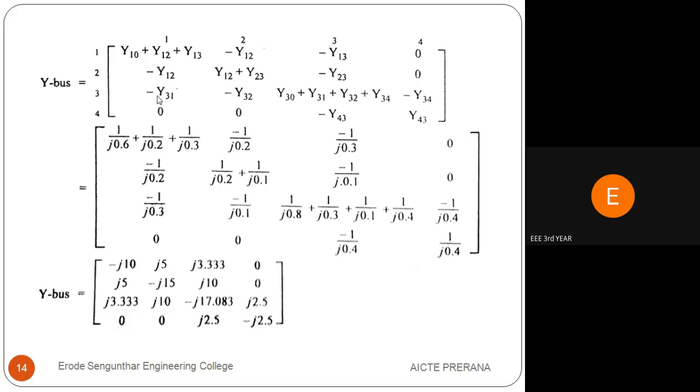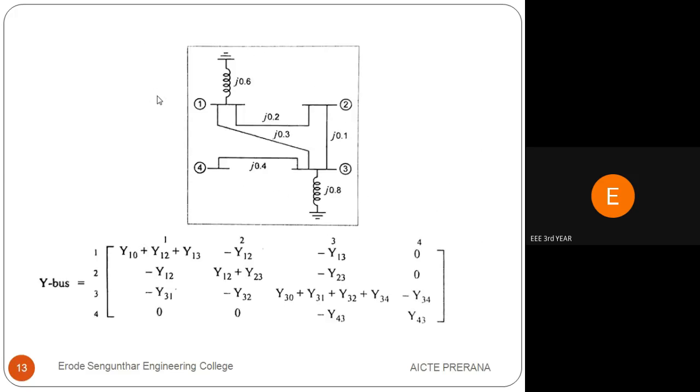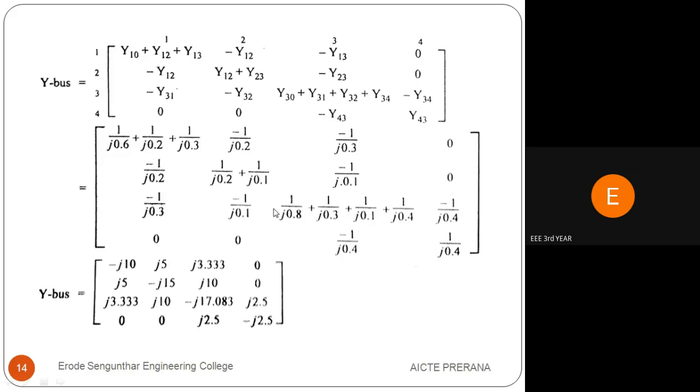Minus Y32 value is minus 1 by j0.1, and Y30. Okay, consider Y30 value is j0.8. So substitute that: 1 by j0.8 plus 1 by j0.3 plus 1 by j0.1 plus 1 by j0.4, and Y34 value is 1 by j0.8. By this we have to fill the matrix. After filling it, substitute